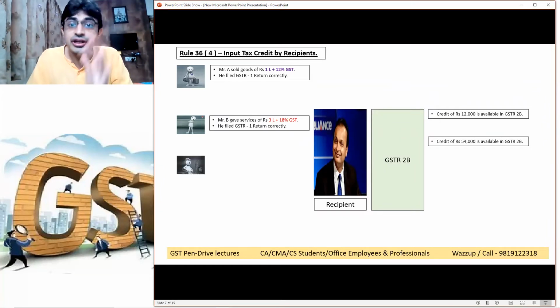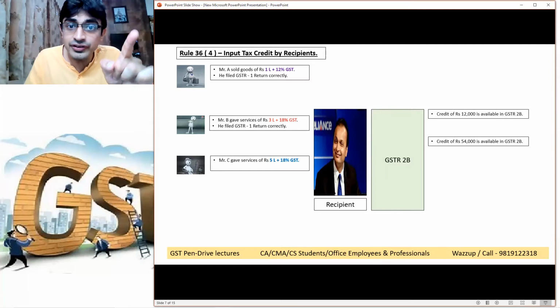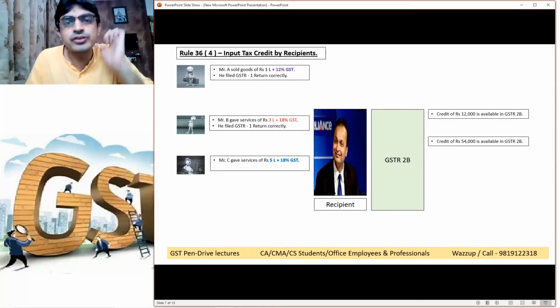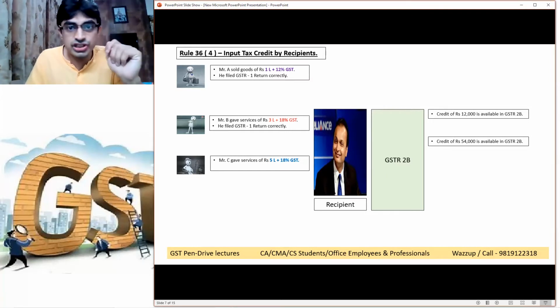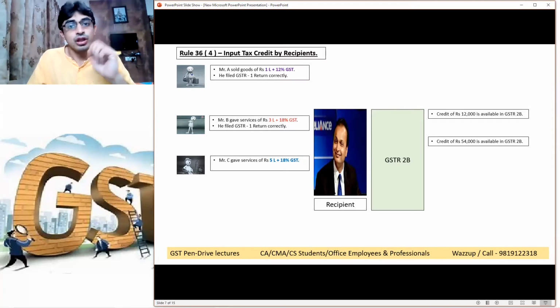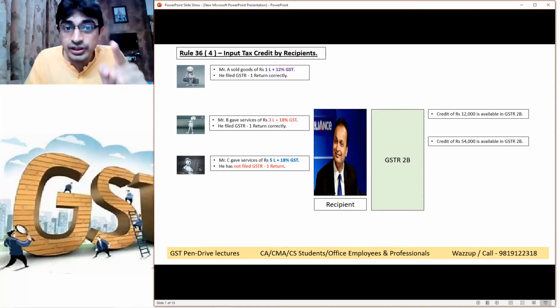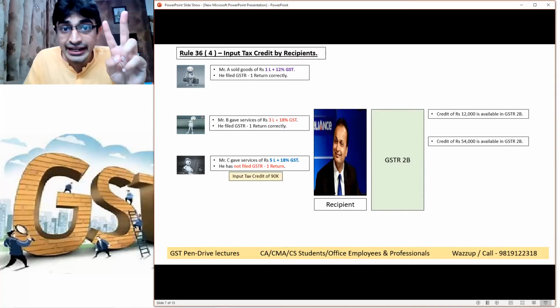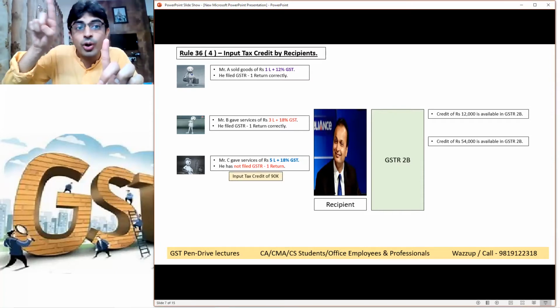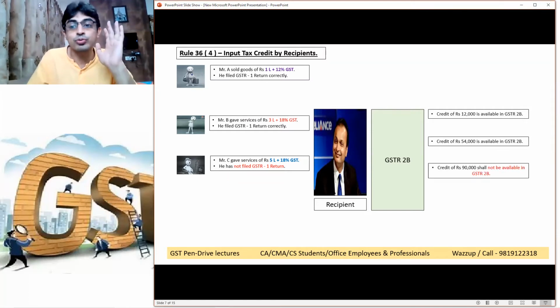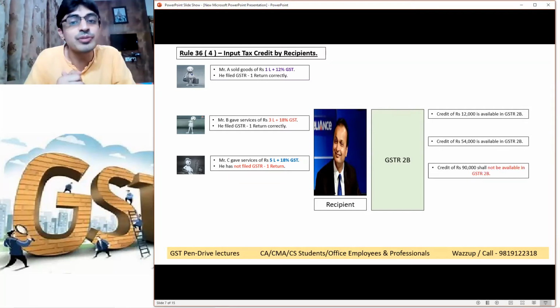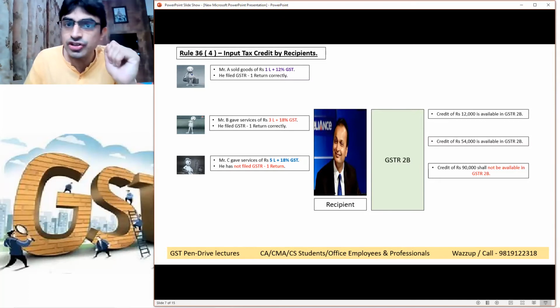But Mr. Anil sir availed services from Mr. C of rupees 5 lakh plus 18% GST. But this Mr. C, the supplier, did not file GSTR1 for some reason. So this invoice detail, this ITC of 90,000, never got auto-populated in the recipient's 2B. Mr. Anil sir cannot see this ITC in his 2B.